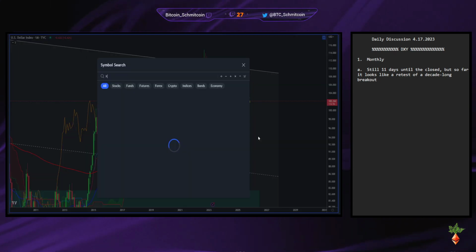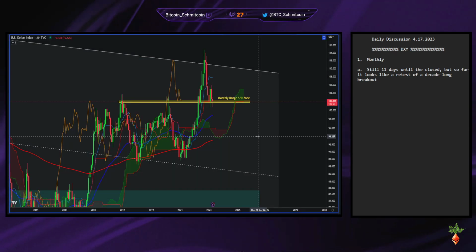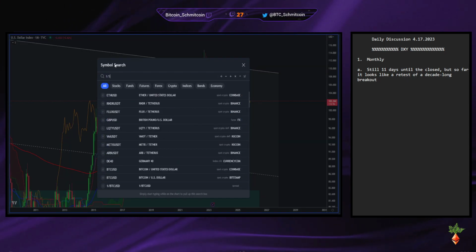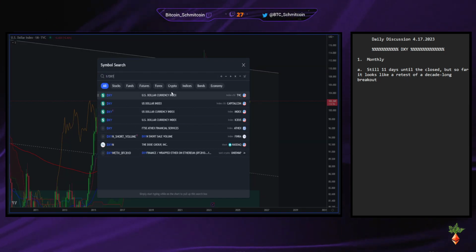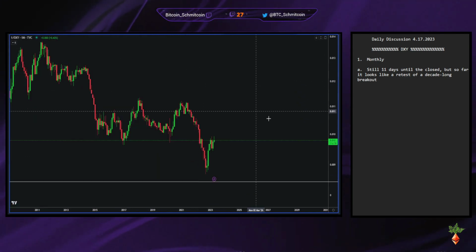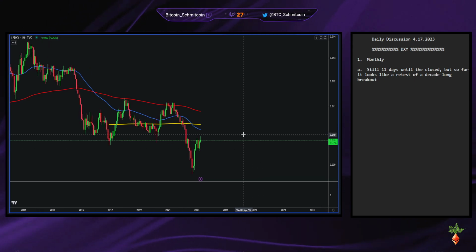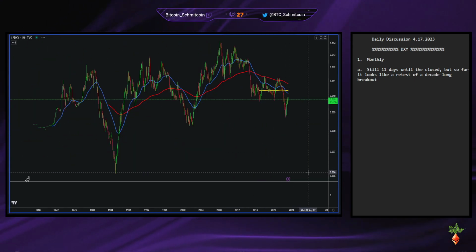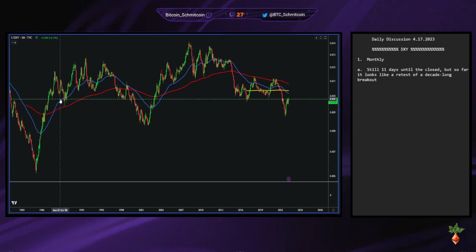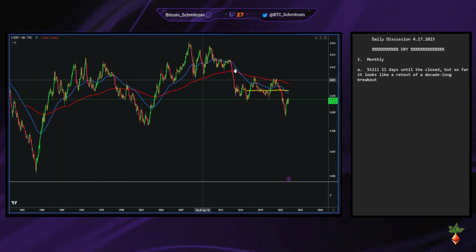I mean, let's flip this upside down. This is always a good test of your bias, right? This is always a good test of your bias. If you saw this chart, would you be looking for long exposure? Probably not, right? Yeah, and I didn't even notice this, but if we go even further back, like to the 90s,